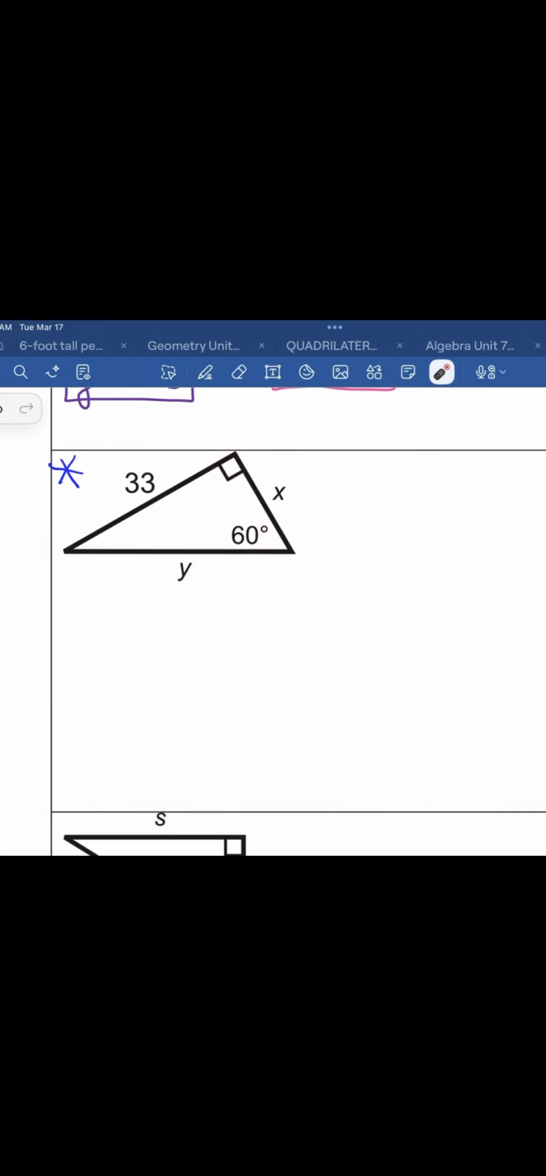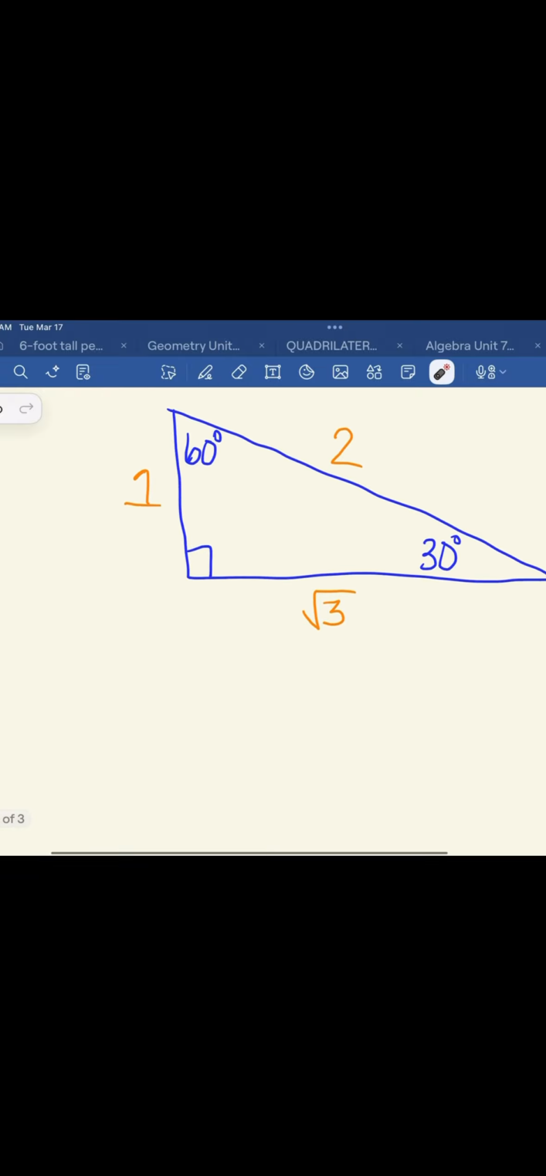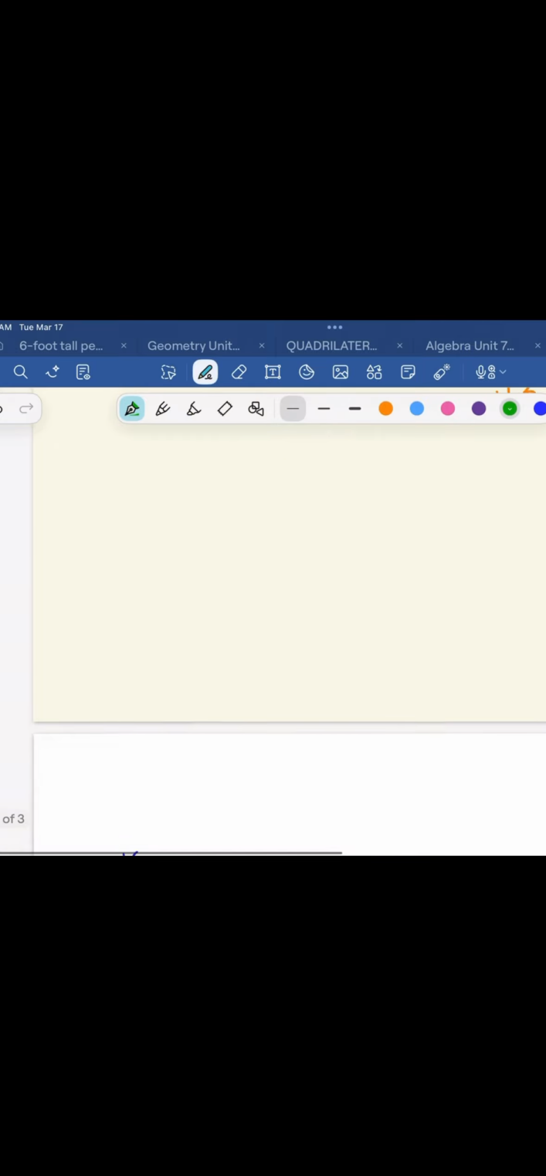And just like always, I like to do things in alphabetical order, so I am going to solve for x first. Now I need to figure out what side matches up with x. X is the side that is across from the 30. So here's my 30, I go across, and that is a 1. So I'm going to go x over 1 equals, and I have to use the 33